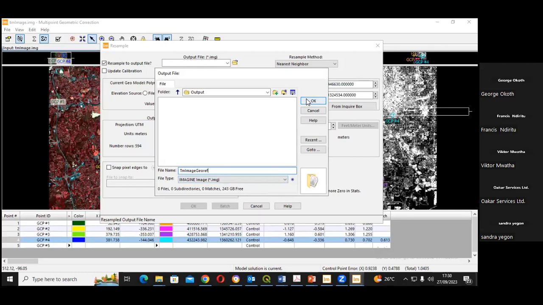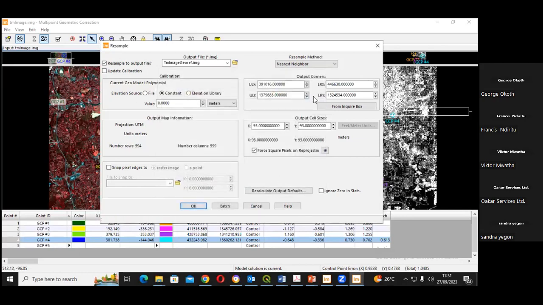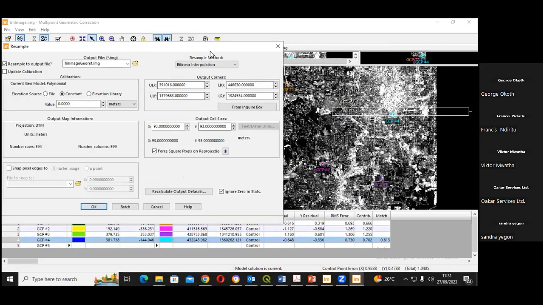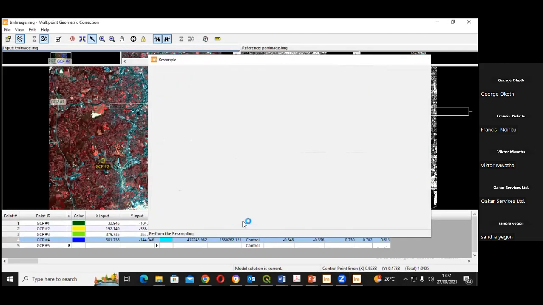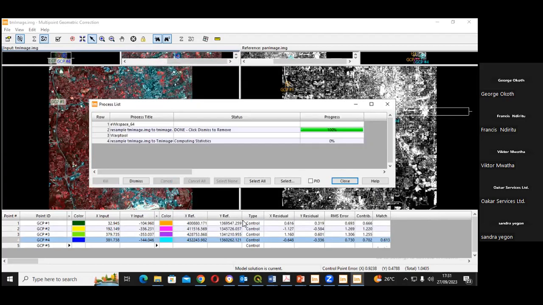Then say okay. Now, what I'm going to do for resampling is change it to bilinear interpolation, and we can ignore 0 in statistics. We can ignore zeros in statistics, and basically you say okay. So the process will take a few minutes. Now, once it's through,